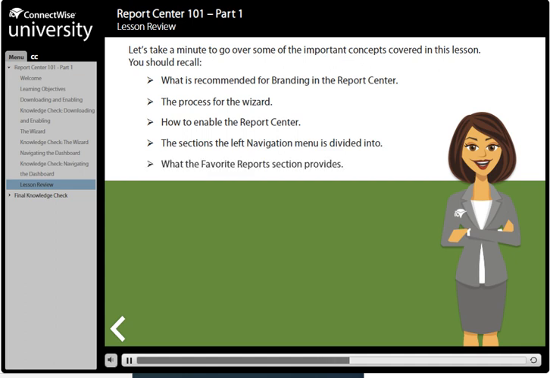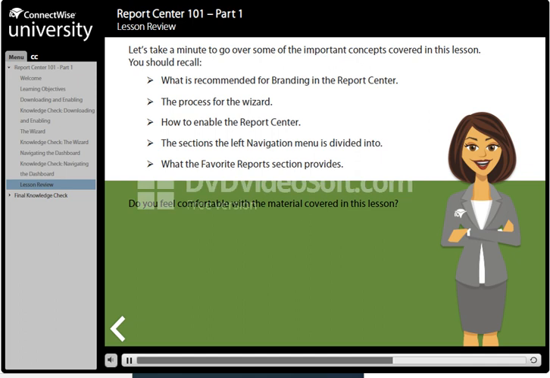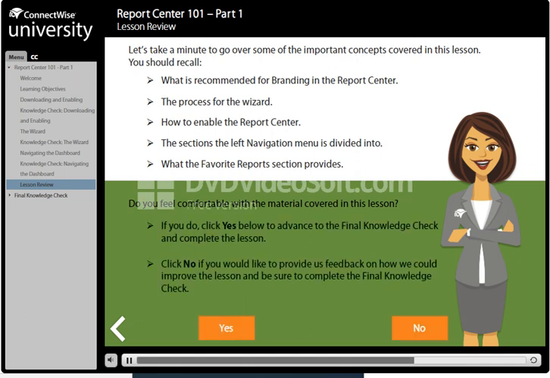Do you feel comfortable with the materials covered in this lesson? If you do, click Yes below to advance to the final knowledge check and complete the lesson. Click No if you would like to